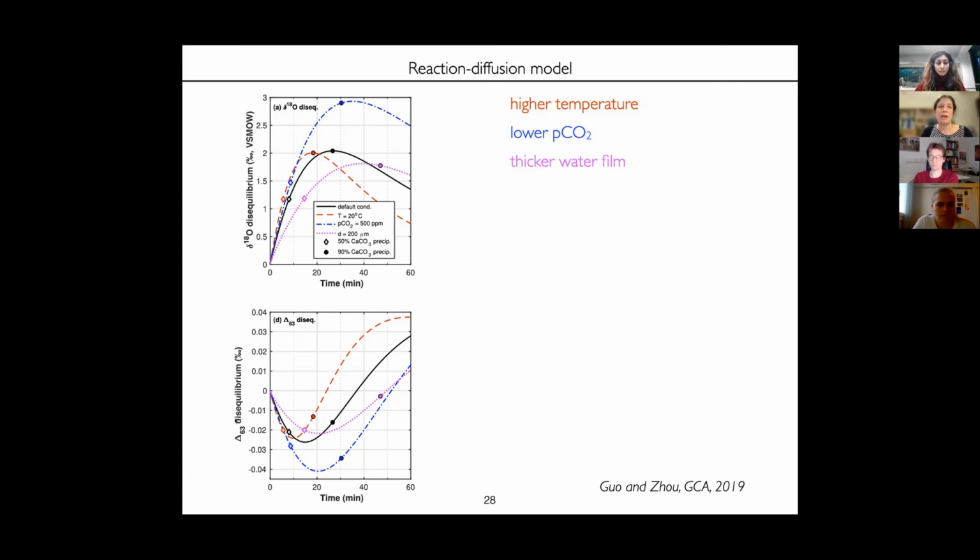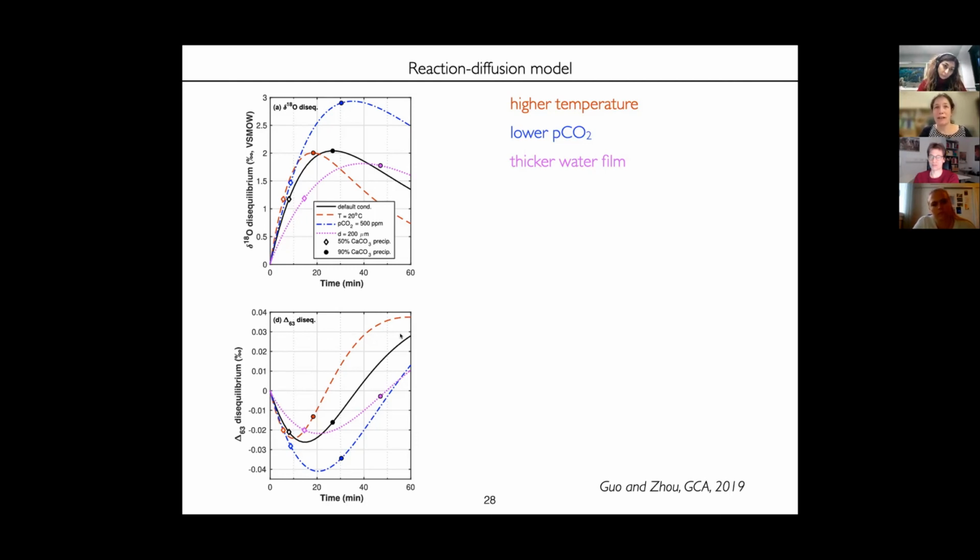And the same for clumped isotopes. So here, this is clumped isotopes just for carbonate, not for CO2. So that's why it's capital delta 63. But again, you have a kind of peak isotope effect of this disequilibrium. But then when the system evolves further, you kind of go back